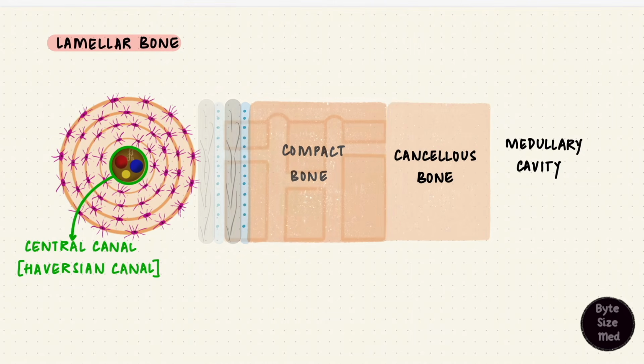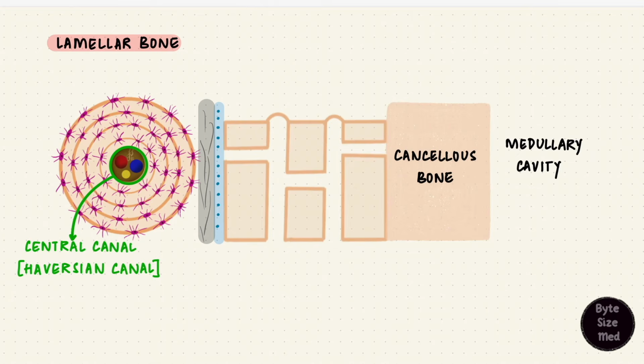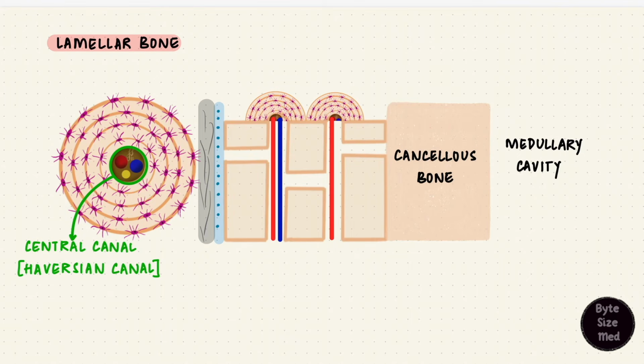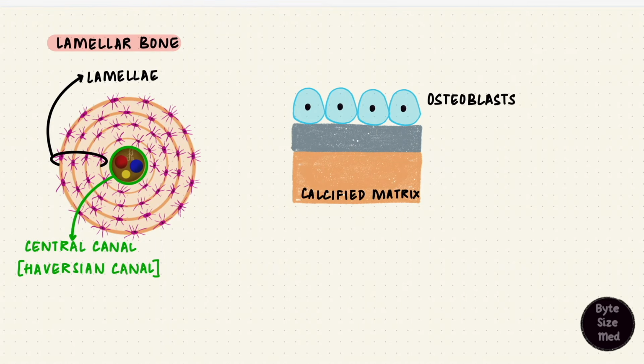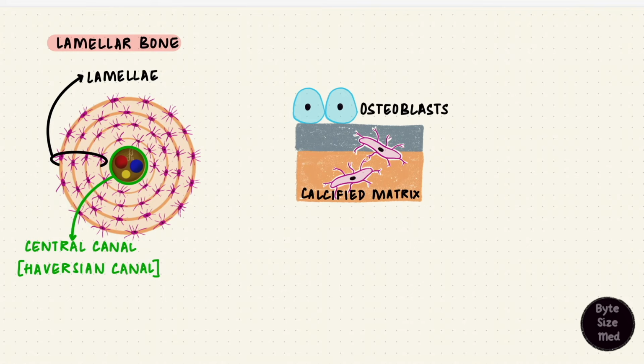If we go back to that schematic diagram, this would be a longitudinal section of compact bone. It's incomplete now, but we'll fill it up soon. And these central canals are the longitudinal canals with vessels and nerves. The central canal is thus surrounded by concentric layers of calcified bone matrix, and these are the lamellae. The cells that synthesize these are the osteoblasts, and as they do so, some of them get trapped between the layers and differentiate into osteocytes. So those cells are what you see trapped between the layers, osteocytes.